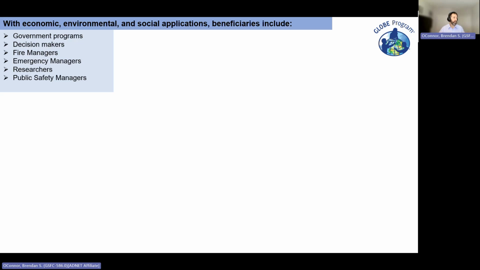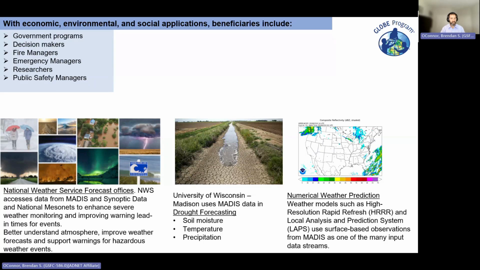So it's sort of like we are now part of a bigger and broader data stream. For some of the examples, Elizabeth mentioned the National Weather Service. In a large number of their forecast offices, they use MADIS surface observable data, as well as a lot of these other streams. So data from the ships, the buoys, from airplanes, from weather balloons, and obviously from satellites. And that allows them to enhance severe weather monitoring and provide better and more informed lead-in times when communicating with the wider community. So whether that is tornado activity or hurricanes, tropical cyclones, all of this information is providing them with more informed capacity.